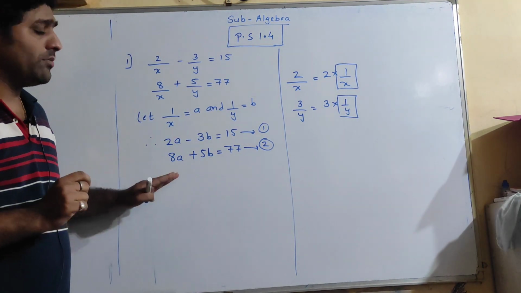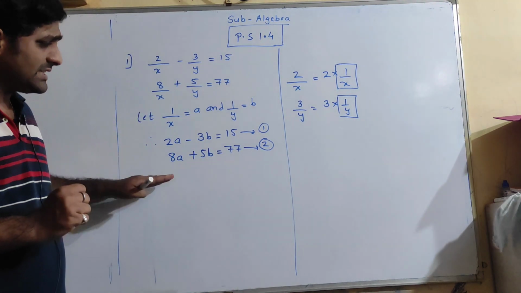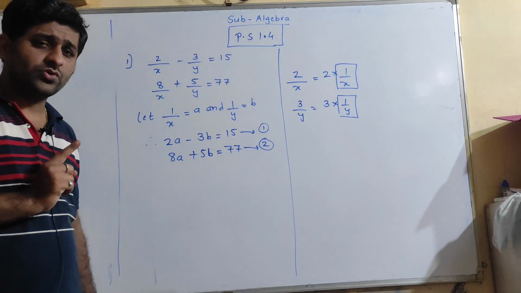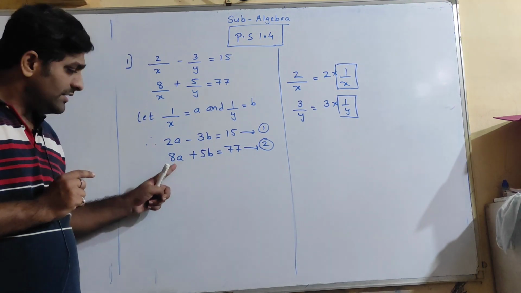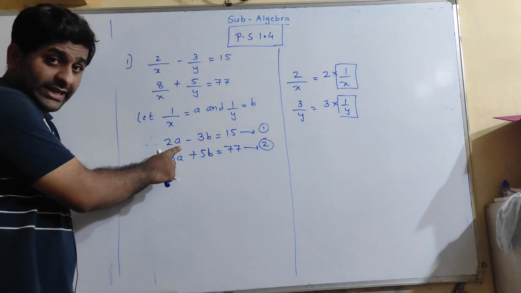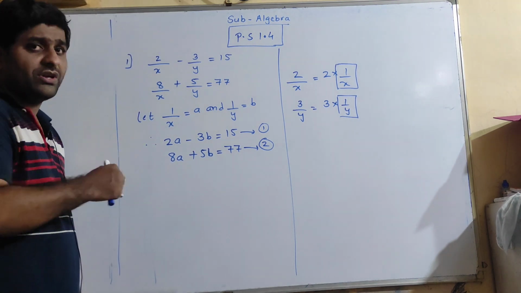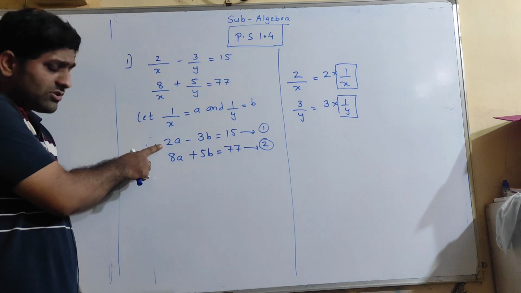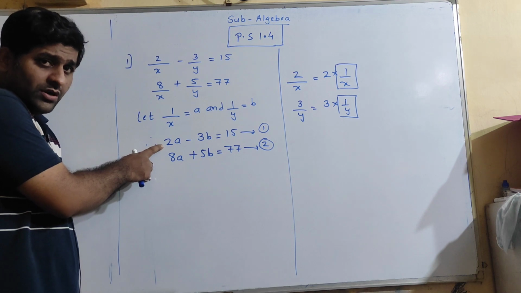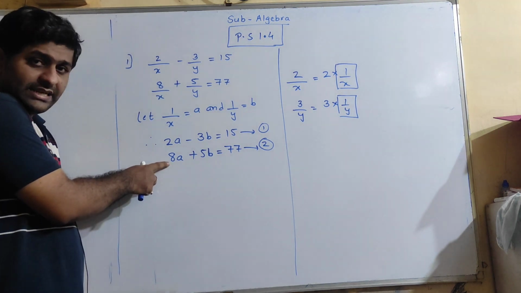Now students, we got our normal equations like we got in our previous 2 practice sets. Now here we are going to solve both these equations by the equating coefficient method. So what am I going to do over here, students? Here I will try and equate this a variable, right? So here what do we observe? Next to a there is 2, and next to a there is 8. Now I want to bring this 2 to 8 because we are following the equating coefficient method. So since I want to bring 8 in place of 2, what should I multiply to this 2? Obviously, students, we are going to multiply by 4 because 4 2s is 8, right?